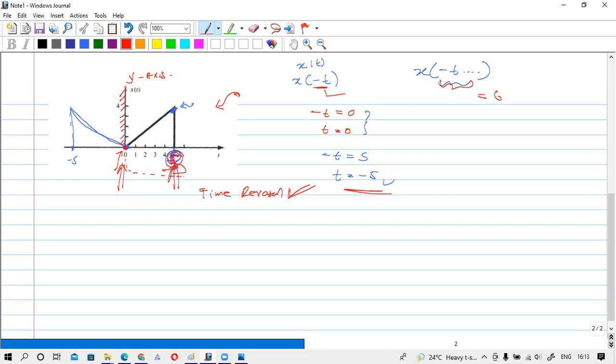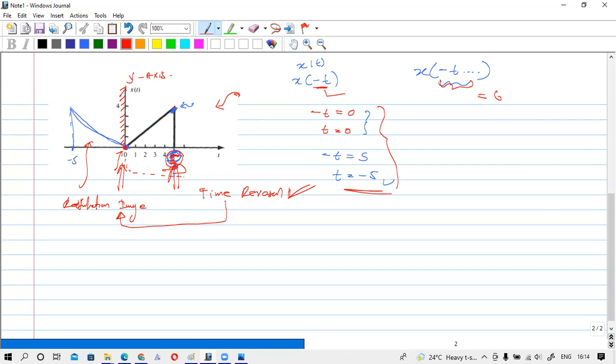if you consider this y-axis as a mirror, what is this actually? What do we get here? If this is a mirror, what is this? This is the reflection image. So actually time reversal will give us the reflection image. If you are given a time reversal, you need not go through all this. You can directly get the